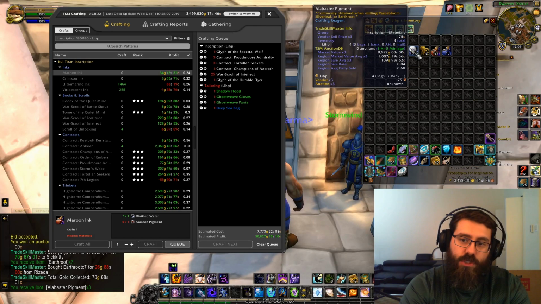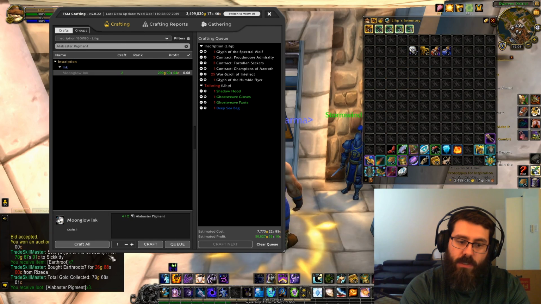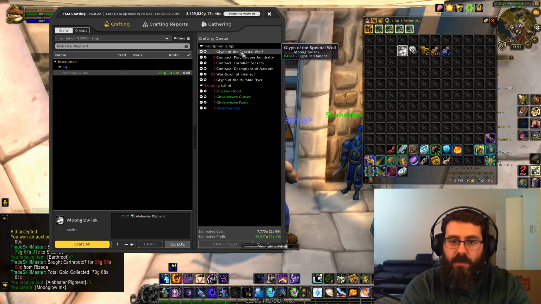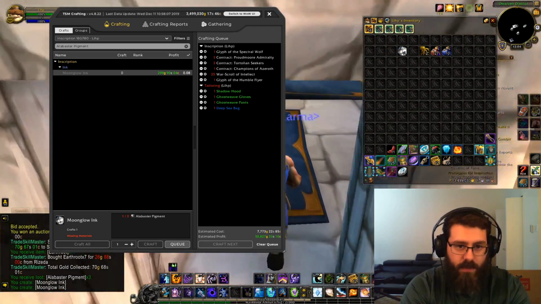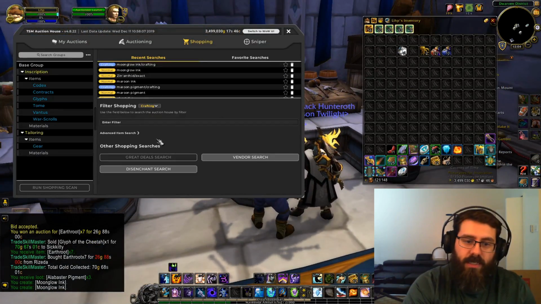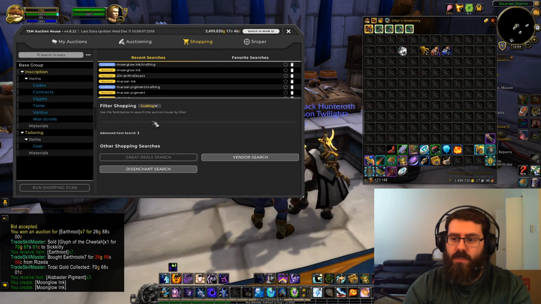from that. If you shift click something as well with this tab open, it'll automatically populate the search. So now I can create 2 alabaster pigments. It's not going to be enough. I'll have to buy some more later, but you get the drift, right? So that's the power of essentially the crafting search in general. And this isn't just for